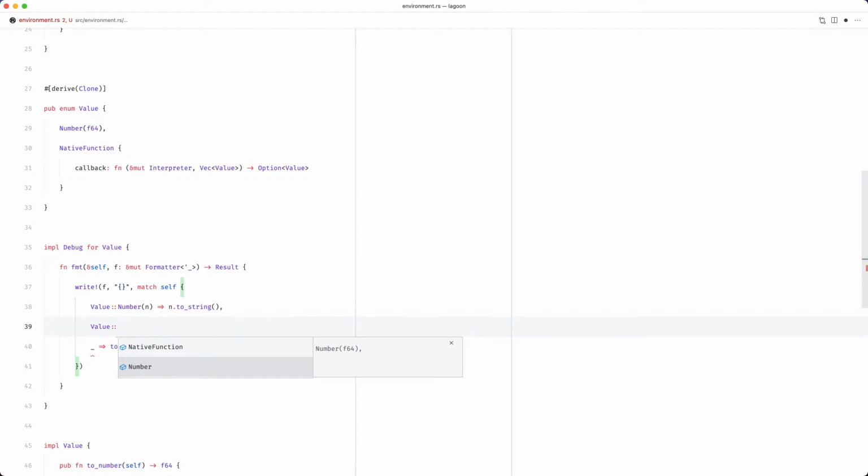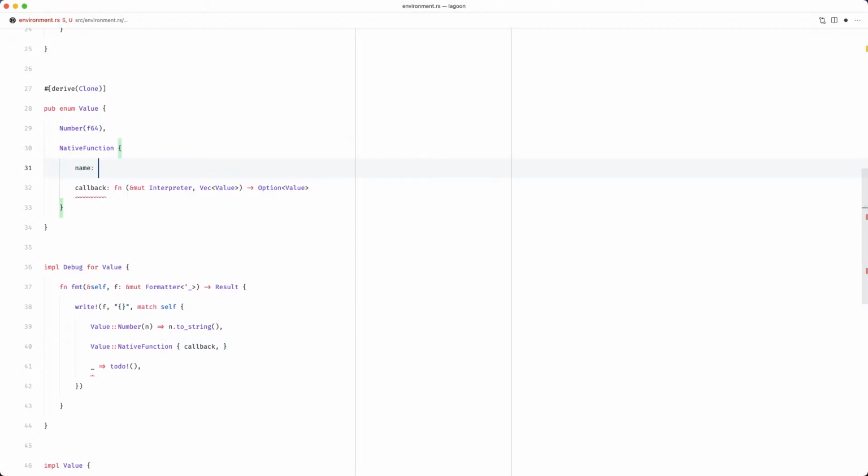And if we are a native function, then we're going to have a callback. Let's also store a name here as a string. We've got a name and a callback. We can do format. We'll put name there.